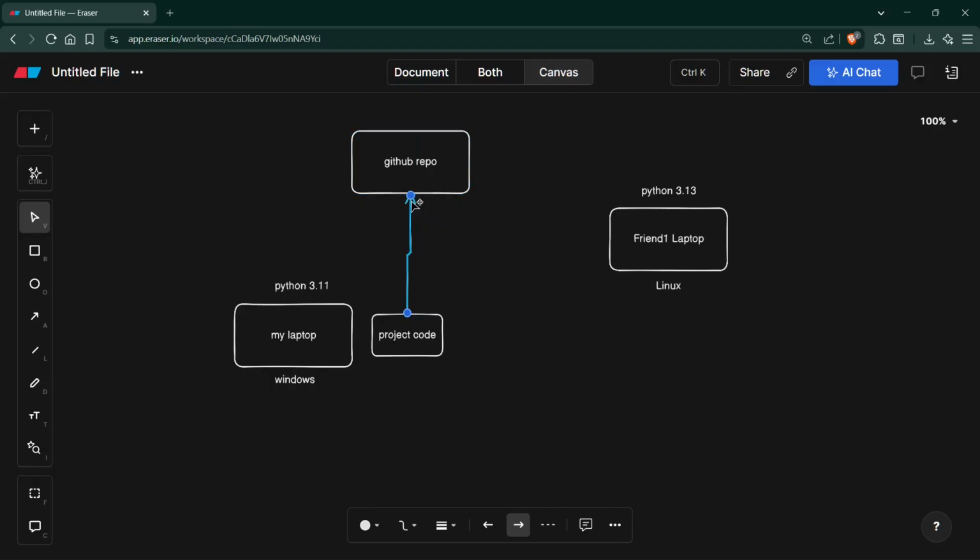My friend will clone that repo and try to run it on his device. Now what happens when he tries to run it on his device? He'll get some error, because the main problem is the Python version. I'm using Python 3.11 and he's using Python 3.13.